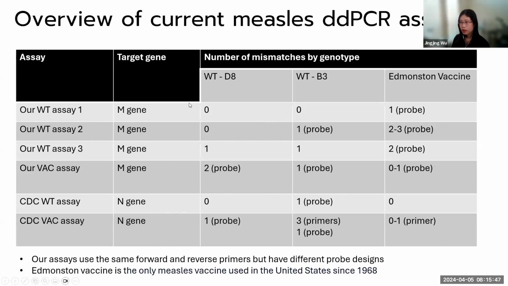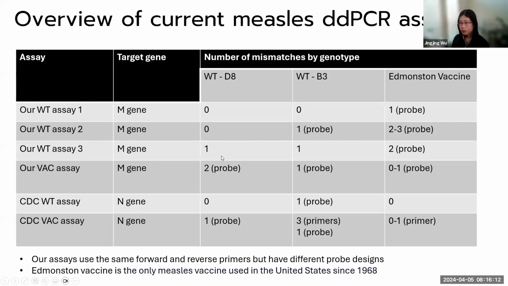Our wild type assay 1, which was used in the previous validation test in wastewater, has no mismatch with the wild types and 1 mismatch with the vaccine strain. So, trying to optimize that, for the wild type assay 2 design, we redesigned the probes to increase the mismatch with the vaccine strains. And for the wild type assay 3,